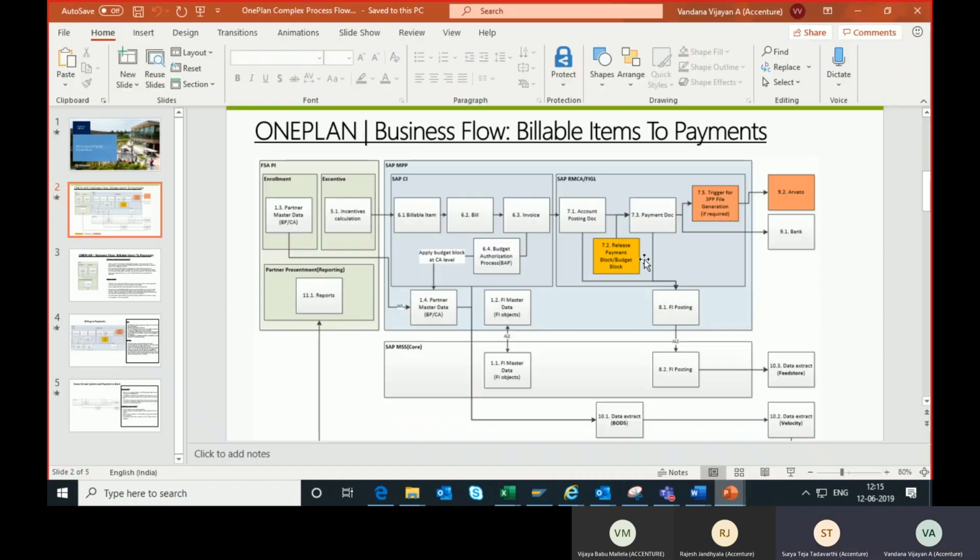Yes. Okay. So next concept is bits. So bits is nothing but the billable items. Means the payments to the partner. So whenever we are